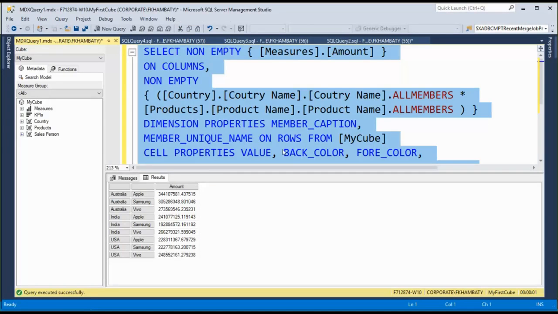And finally, I cannot say you learned MDX, but at least you got introduced to the MDX query. And if you understand this particular video of SSAS, I know this one is not a simple one. Start right from the scratch.